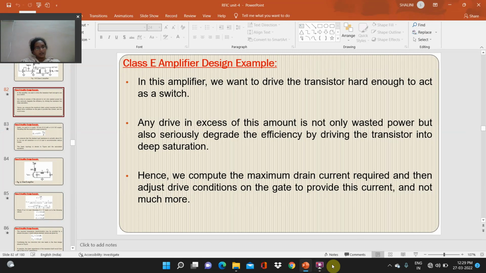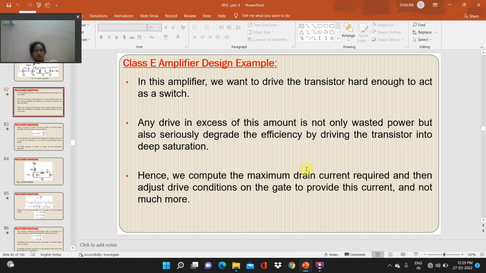Class C amplifier design example. In this amplifier, we want to drive the transistor hard enough to act as a switch. Any drive in excess of this amount is not only wasted power but also seriously degrades the efficiency by driving the transistor into deep saturation. Hence, we compute the maximum drain current required and then adjust drive conditions on the gate to provide this current